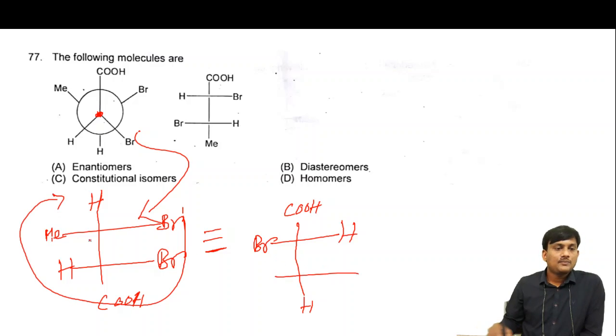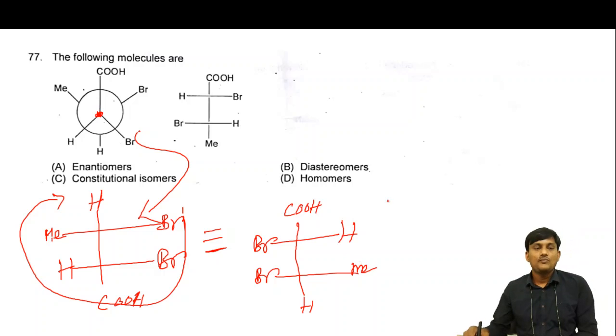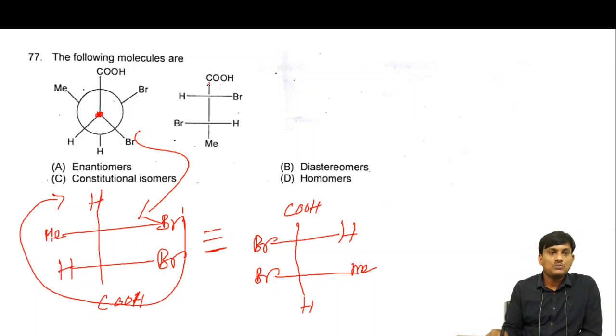And here methyl bromine will become bromine methyl. Okay, here you have COOH, HBr, here you have BrH methyl. Then it can be converted into, at this center you have to convert it as a